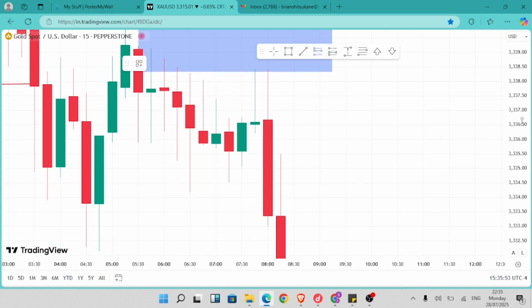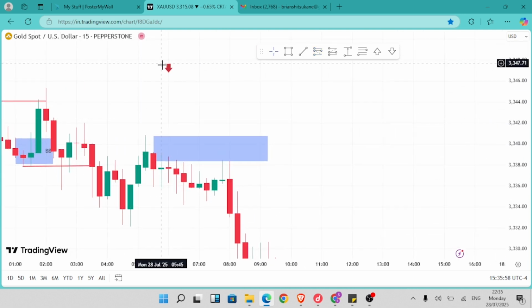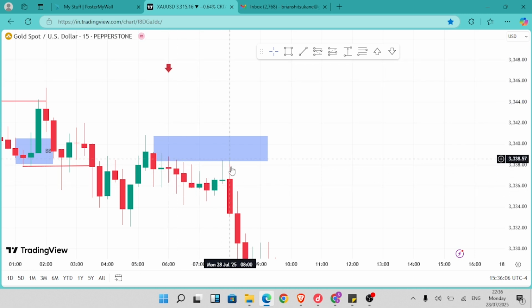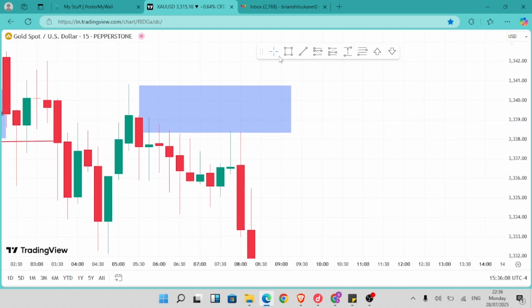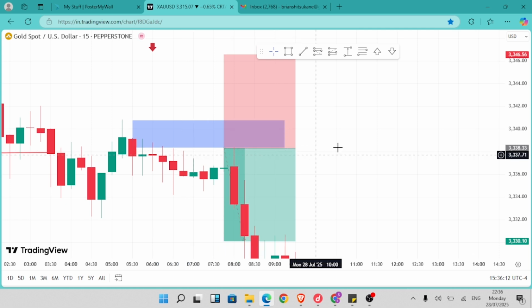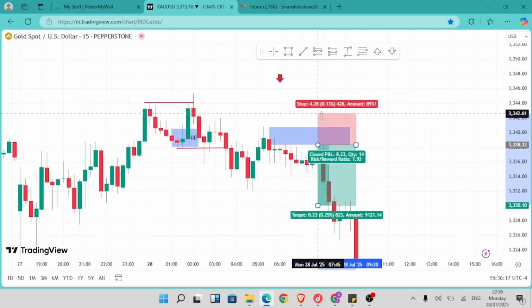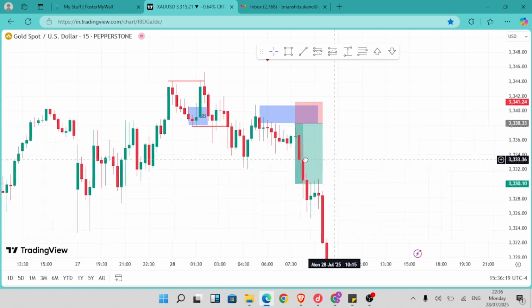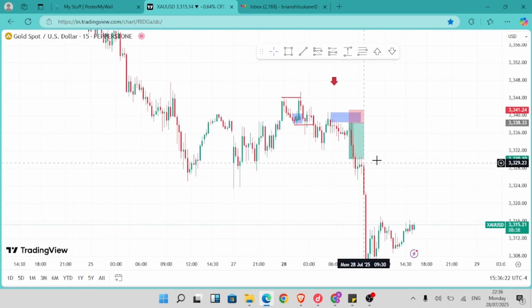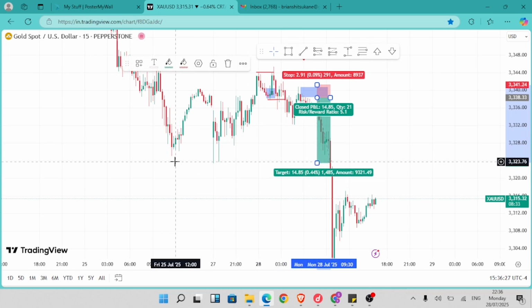As price is trading lower, remember we said we are looking for setups after the close of the previous 4 hour candle, which does happen here. So this setup came after, and at this point we engage price, or you just set up your sell limits, stop loss right above that dealing range or that premium. You want to take profit on this low,